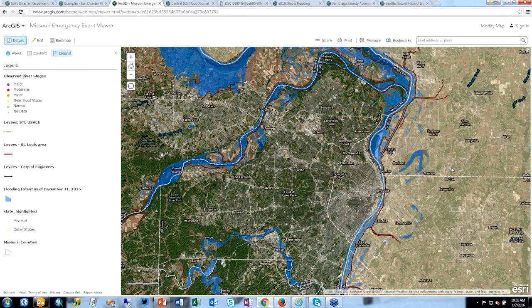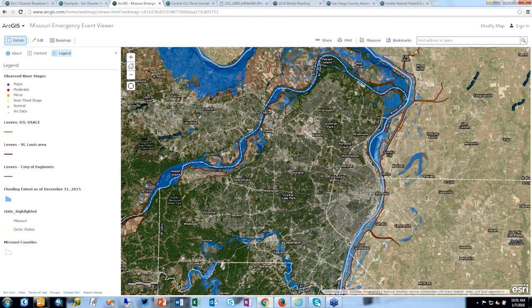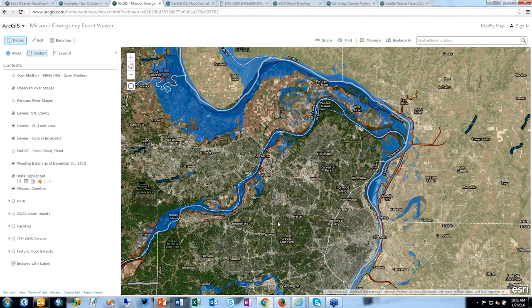And so here in their event viewer app, we can see some of the recent information that's out there and accessible for the flooding. We see some of the flooding extent collected by NGA and delivered through FEMA, where some of the levees are, and they've done a good job of organizing some of the recent incident information that's out there and available in this incident map. So here we're seeing this information in action and operationalizing a lot of this information.